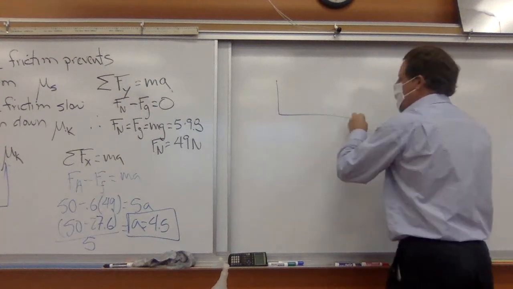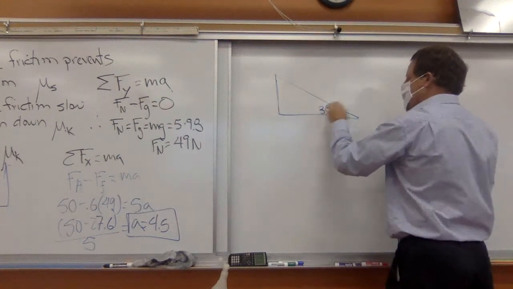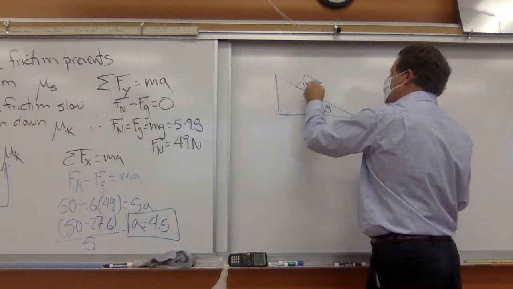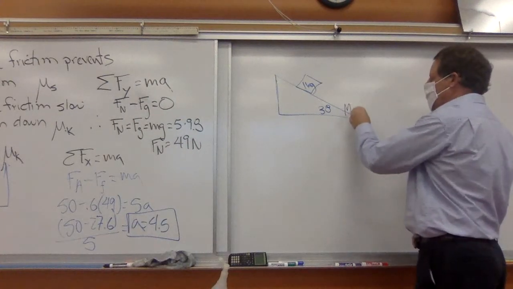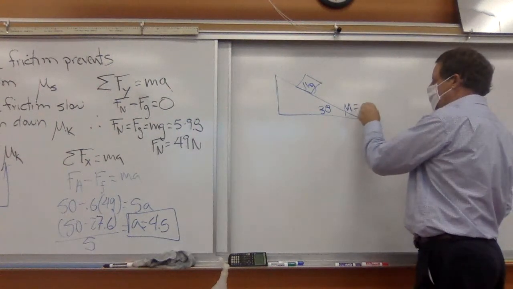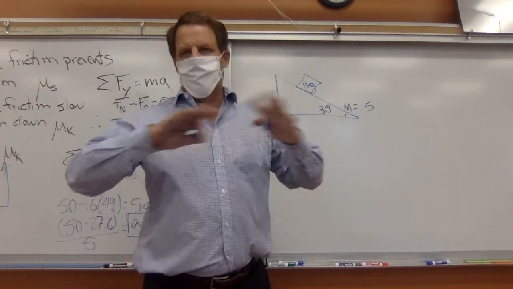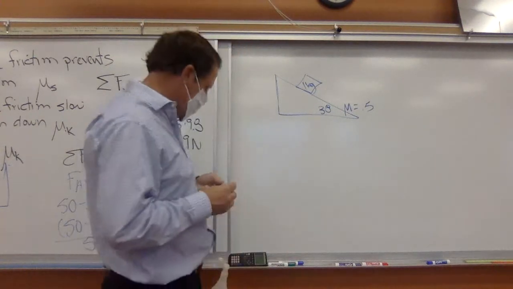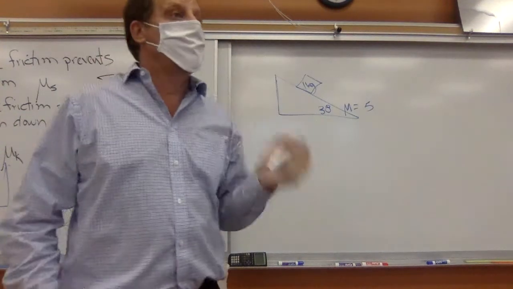Okay, so let's just say we have an inclined plane, and let's say it is 30 degrees. And we're going to have a 1 kilogram block, and we're going to have a coefficient of friction that's equal to, let's say, 0.5. Now, it could either be kinetic or static depending on the situation, but given the time, I'm just going to set this up. All right, so now we want step number 1 in drawing